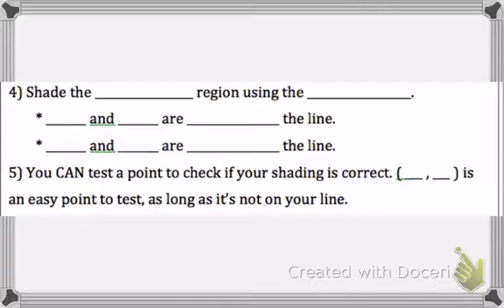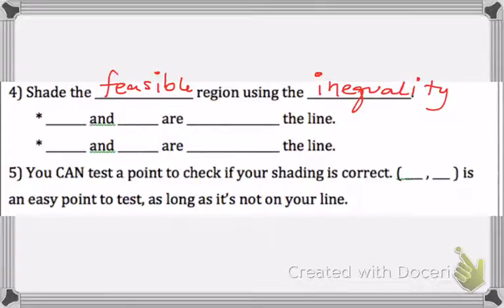And then we also have a shaded region that we need to fill in, because an inequality gives us a range of values that is not limited to just a line. It's going to be limited to basically half of the graph. So we're going to shade the feasible region using the inequality. So if we have less than or equal to, that will be below the line, because less means below. And then if we have greater than or equal to, that would be above the line, because greater would be